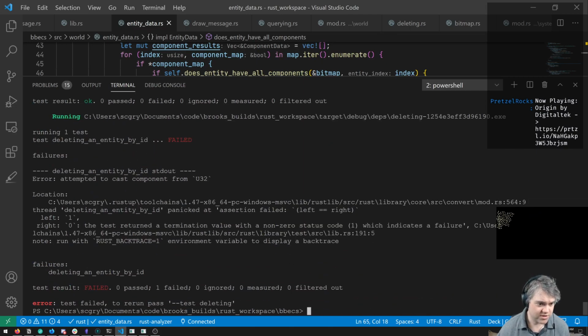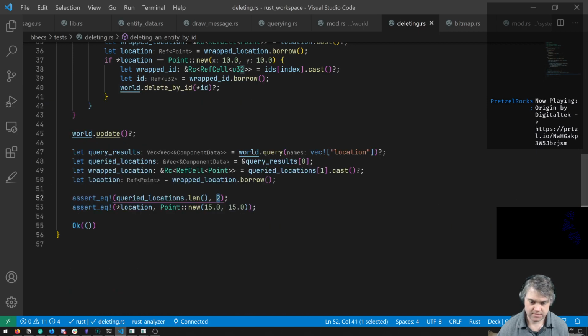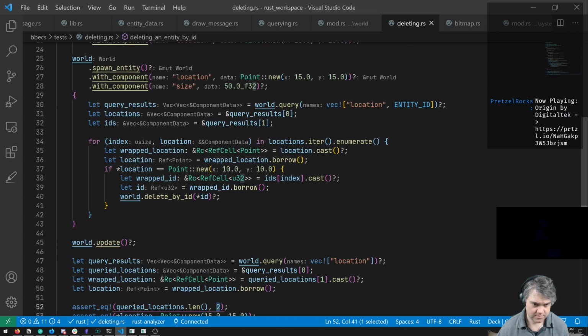No. Okay, so we're still getting this error. Attempted to cast component from a u32. That was in the deleting. That time it's now here, trying to get this out.